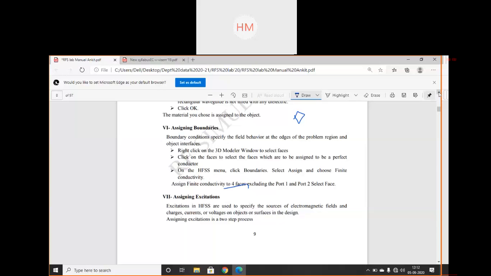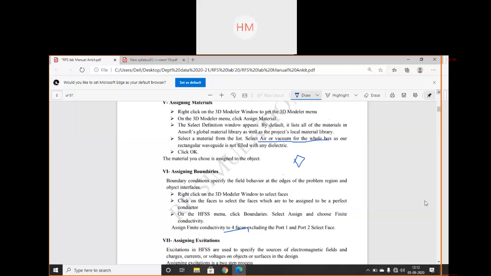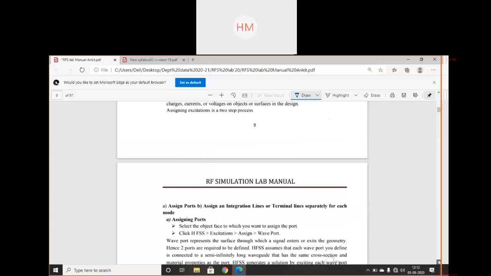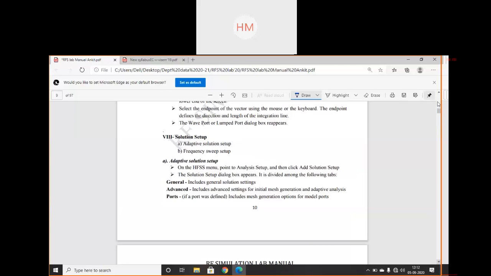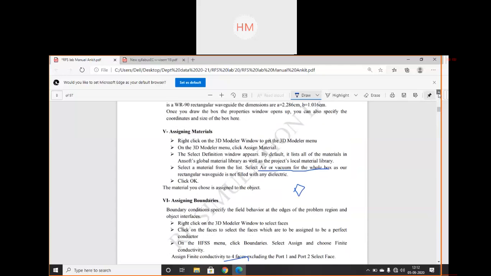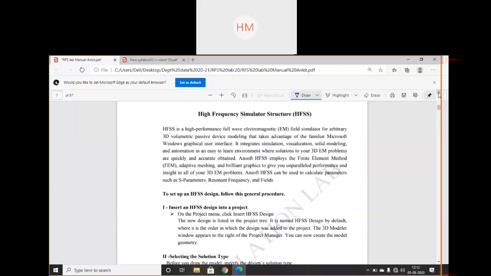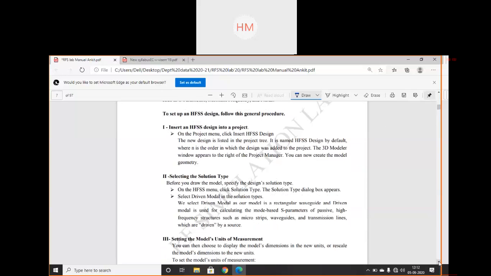So these are the basic steps. There are many steps remaining, and we will discuss those also. But again, I will revise the steps of HFSS. First step, insert an HFSS design into a project,